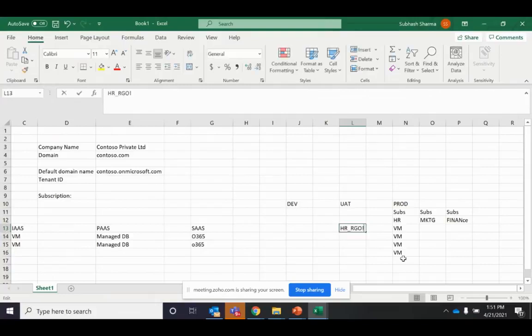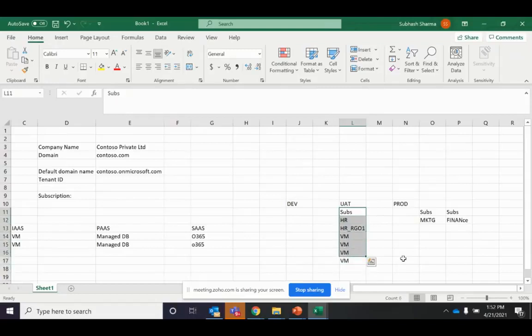Guys, we should be very thorough with the naming convention, because you cannot edit the names of resources once created; you will have to simply delete them. Then I can move this machine under this subscription, which is in my UAT, the non-critical workloads for the business. So for the HR guys using the machine,